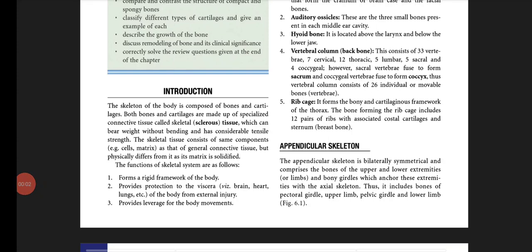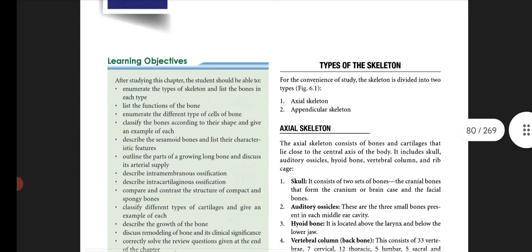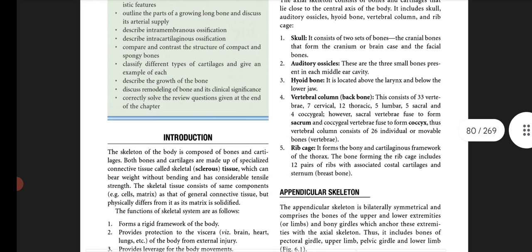Today we will study the bones part of general anatomy. The bones part of general anatomy is the topic of today's discussion. Now, this bones or skeleton